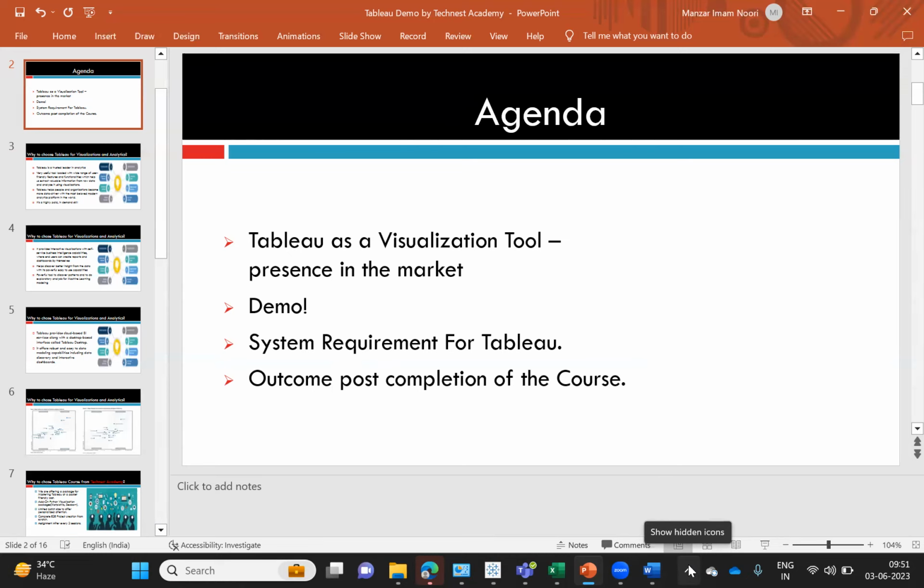It will be on the weekend, Saturday and Sunday, in the morning. Classes will be on weekend morning hours, 9:15 to 11, or it can cross 11, so it depends. It will be around a 2 hour session every day.